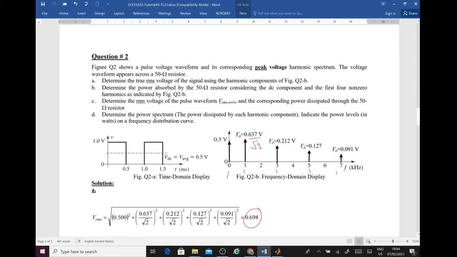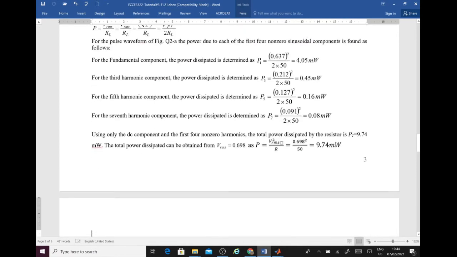Then for part B, determine the power absorbed by the 50 ohm resistor considering the DC component and the first 4 non-zero harmonics. Okay, so the power dissipated by the 50 ohm will be V squared over R, so 0.5 squared over R. Then this value squared over R and so on. So that will give us the power dissipated by each of the fundamental, third, fifth, and so on. Then if we take the summation, the total power dissipated will be